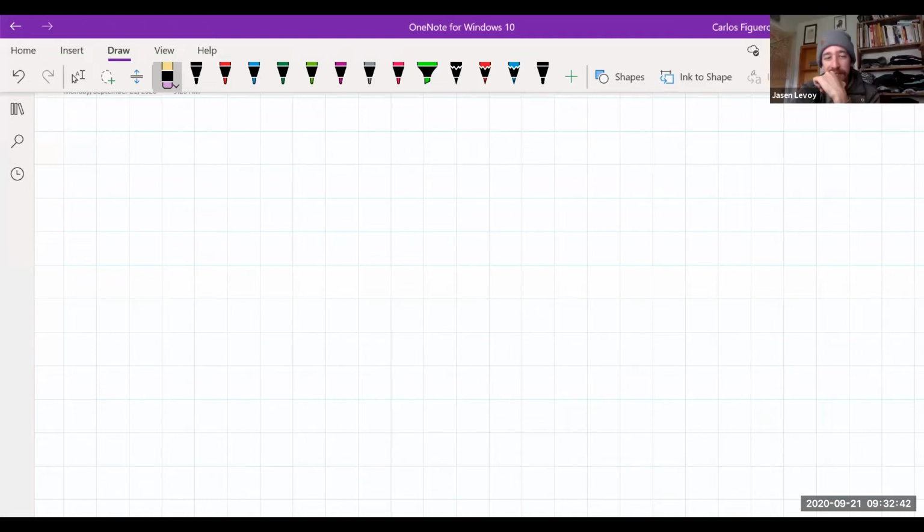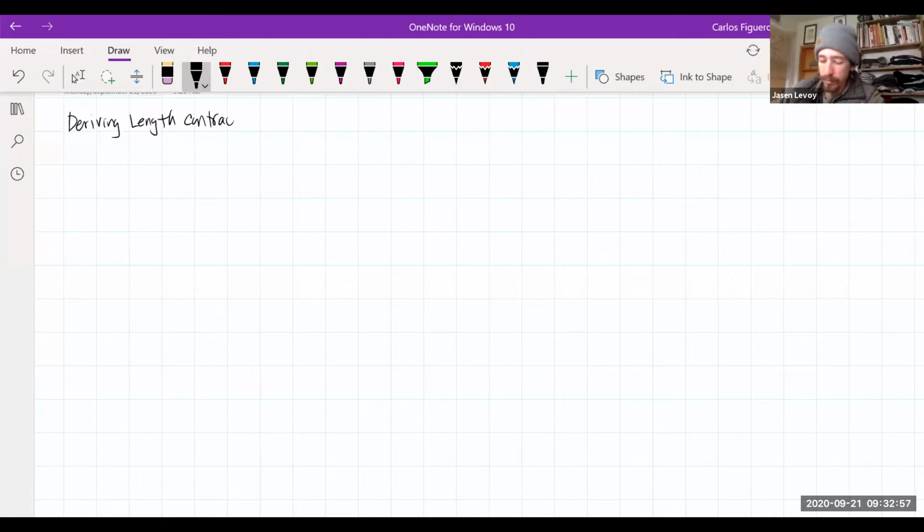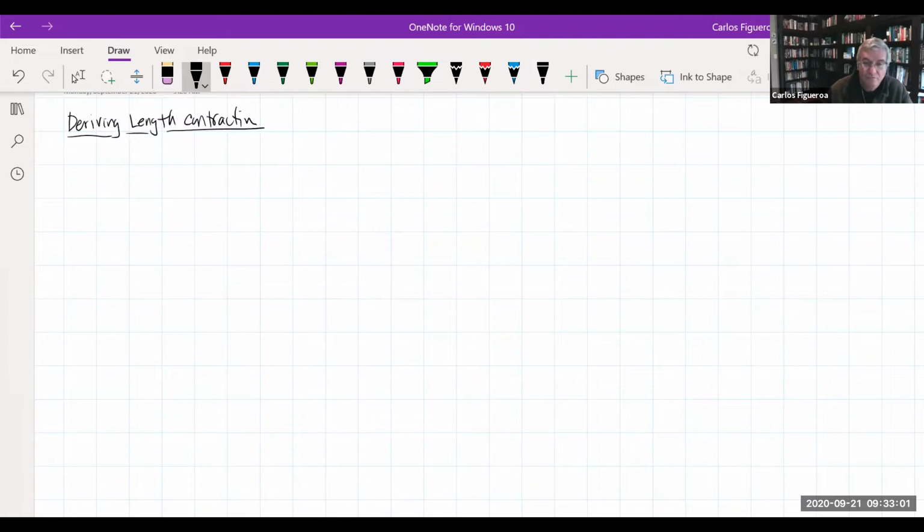What I'm going to do here is derive length contraction. That's the goal of what I want to do here. And one of the things I want to remind you about is the Lorentz boost here. So when I think about Lorentz boost,